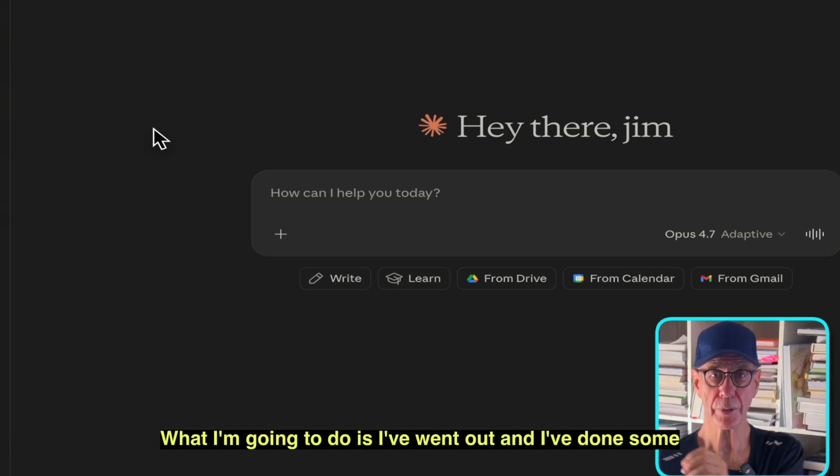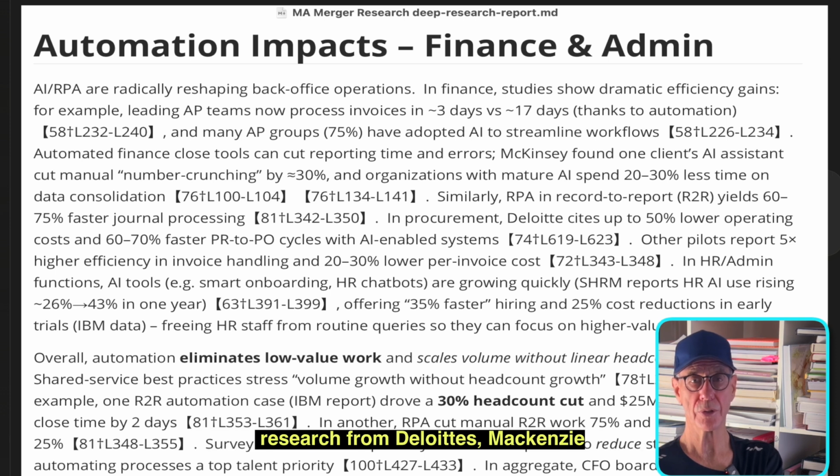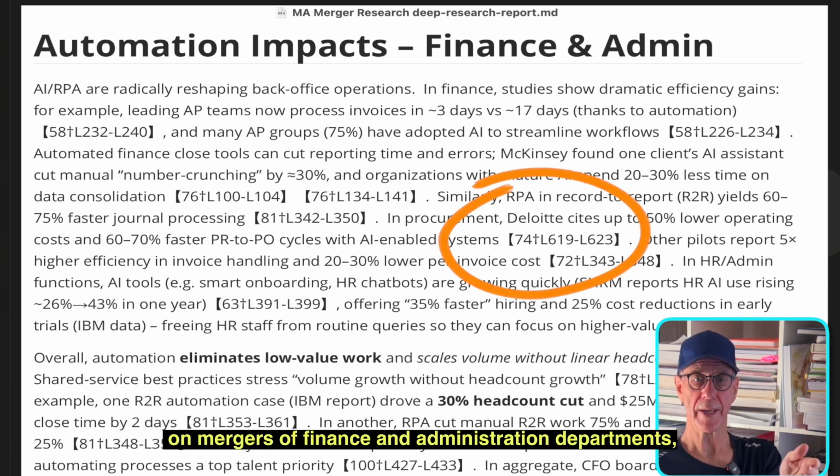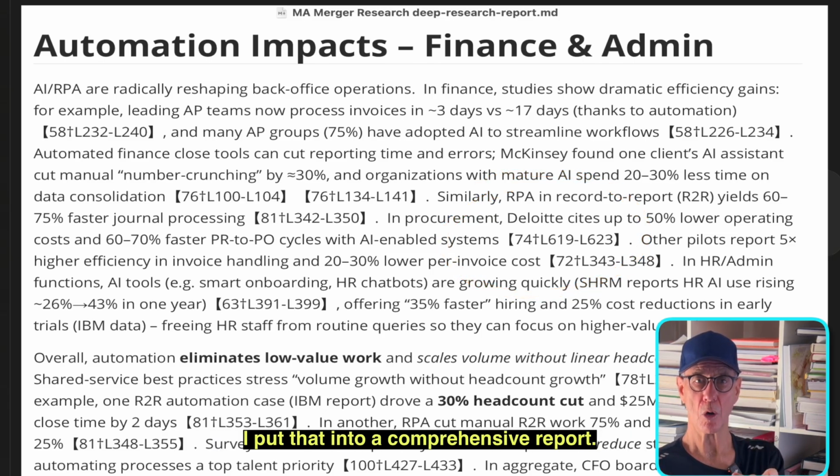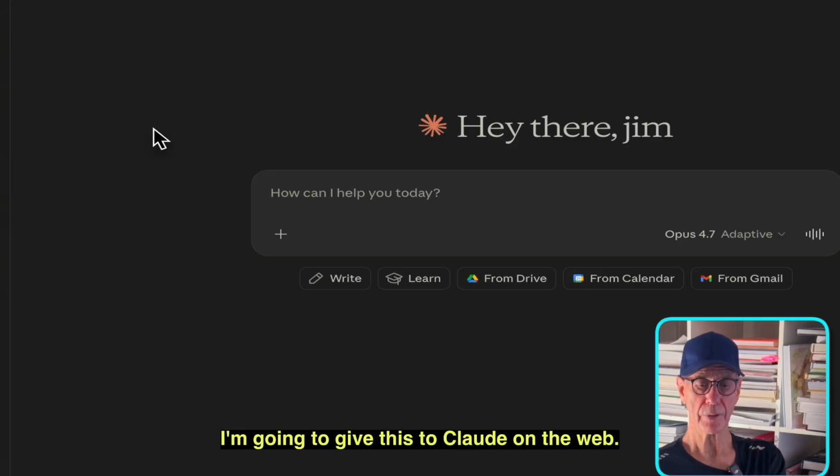What I'm going to do is I've gone out and done some research from Deloitte and McKinsey on mergers of finance and administration departments. What are the key metrics? What are the key gains? I put that into a comprehensive report. I'm going to give this to